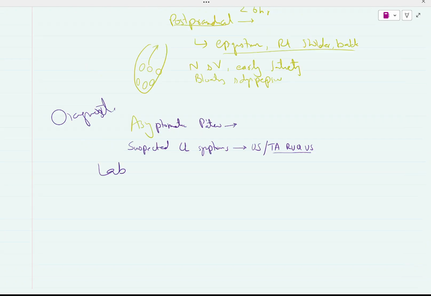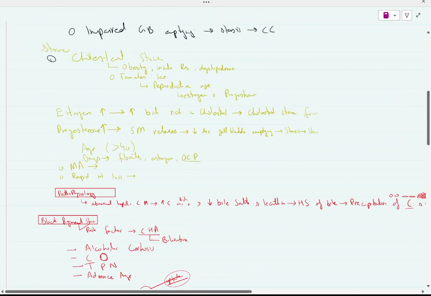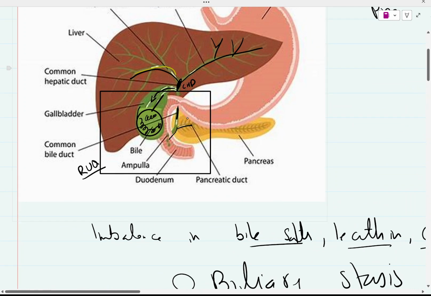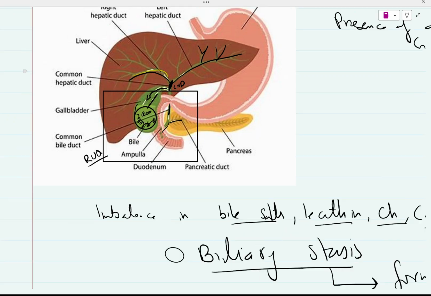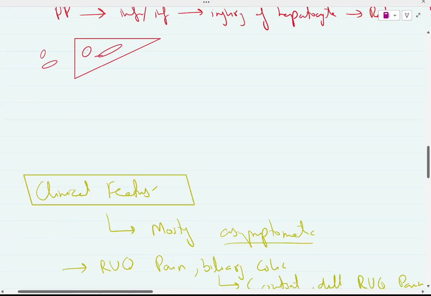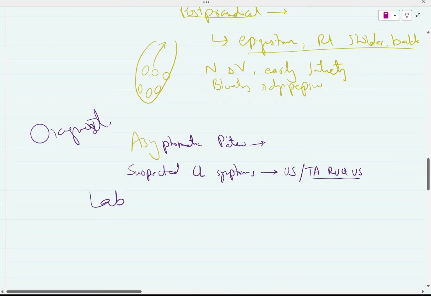So in this picture you have seen that in right upper quadrant there is duodenum, there is head of pancreas, there is gallbladder, and there is some part of liver. So if a patient comes to you with right upper quadrant pain, you have to rule out these structures, which structure is defective or which structure is working abnormally. So you have to clarify your right upper quadrant organs.